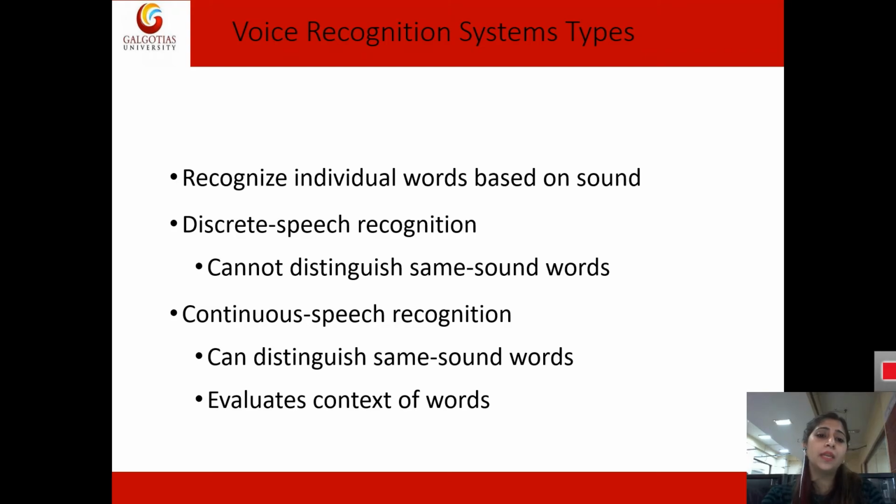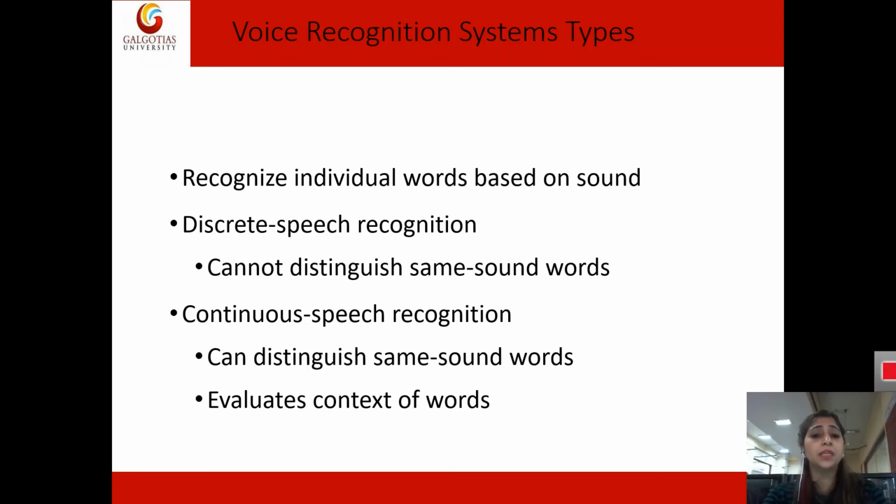In discrete speech recognition, words that sound the same cannot be distinguished, like words that sound similar, such as accept, and the difference cannot be made very easily.